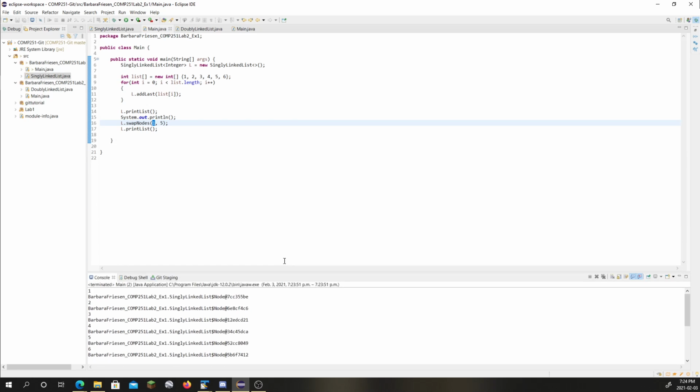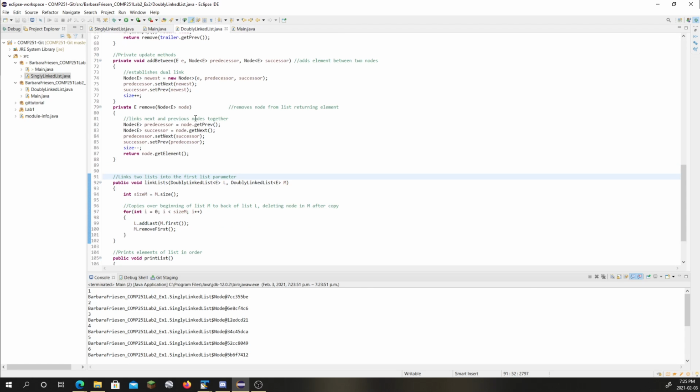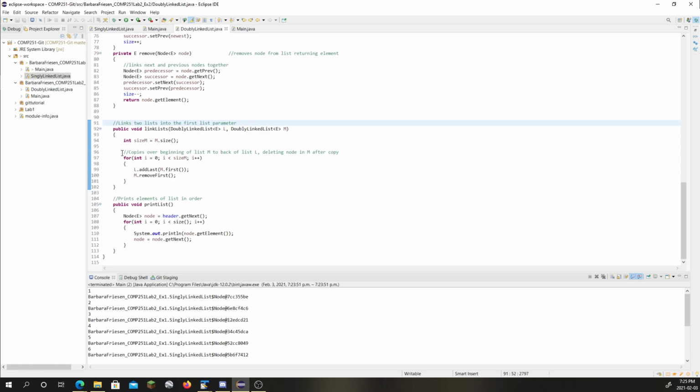And now for my doubly linked list. Here for the doubly linked list where we had to merge two lists, I just had it with strings 1, 2, 3, 4 in list L, and then list M's 5, 6, 7, 8 just for convenience purposes. Made the lists, and then here in my methods, I just created a size here after importing the two